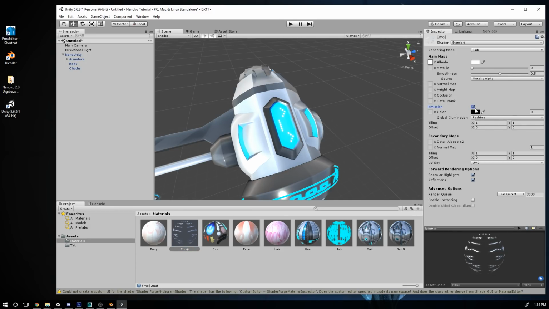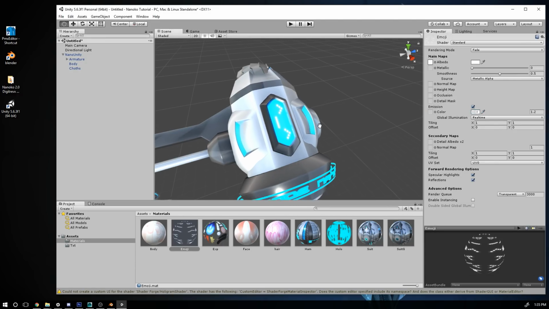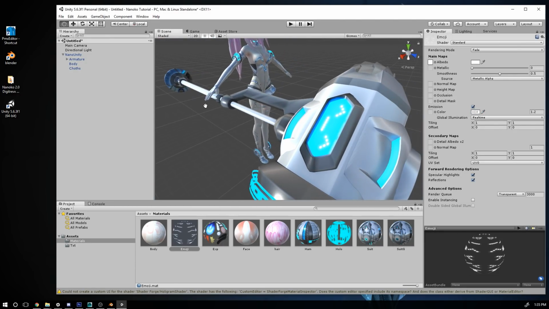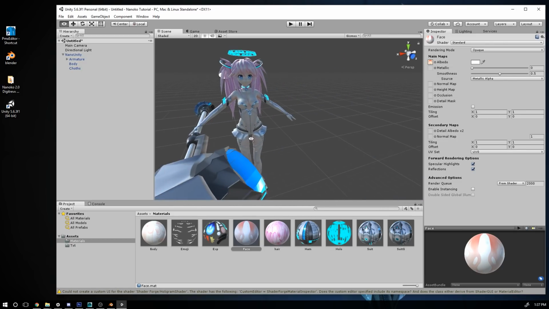The emission on it, you can put a color in there. Whoops, can't see it. Brightness, so like 1.2, that'll make it HDR, so it'll actually put off a little bit of light, the little emoji face. So if you want the character to look a little bit better, then